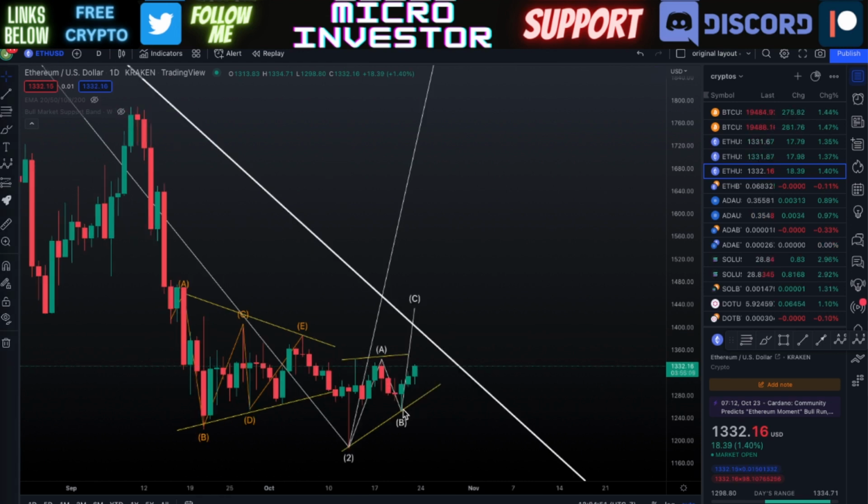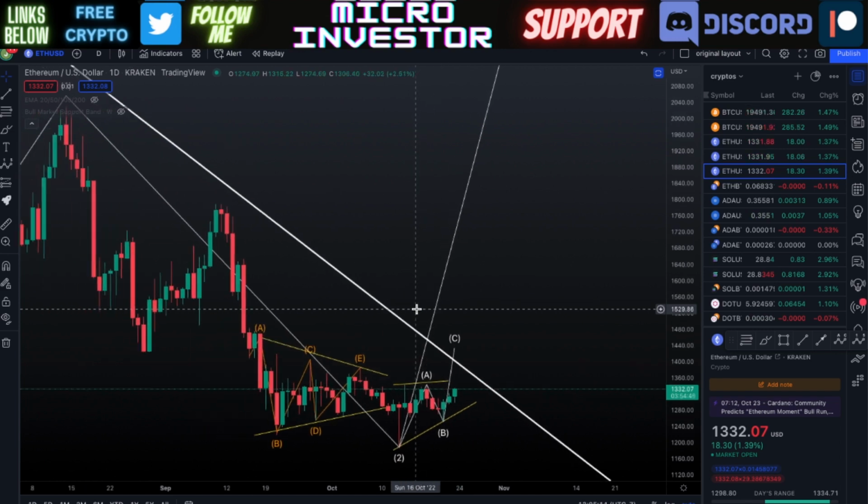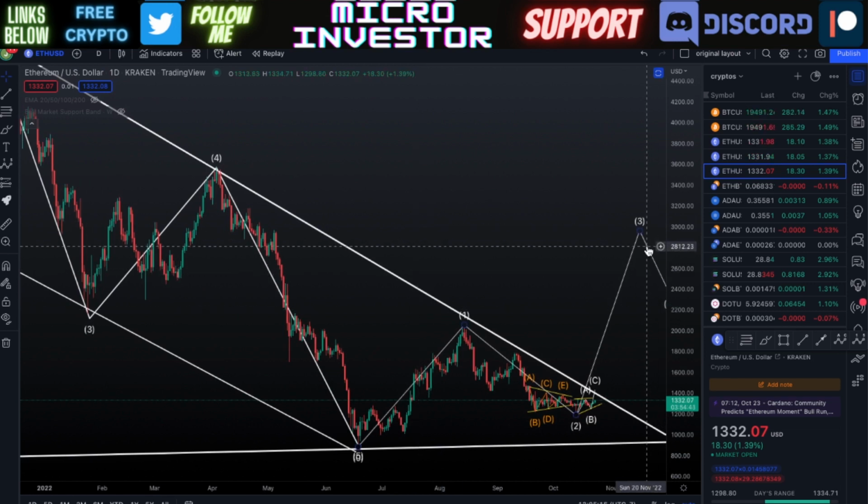So if this wave C that we're within, this corrective wave, is able to continue smashing through these different things and go outside of this trend line within this falling wedge and go to a price of possibly 1450, somewhere around there, right to where we need to be within our 100-day moving average, then from that point I think this wave 3 has really good potential of going upwards to around $3,000. That's where I think it would go.